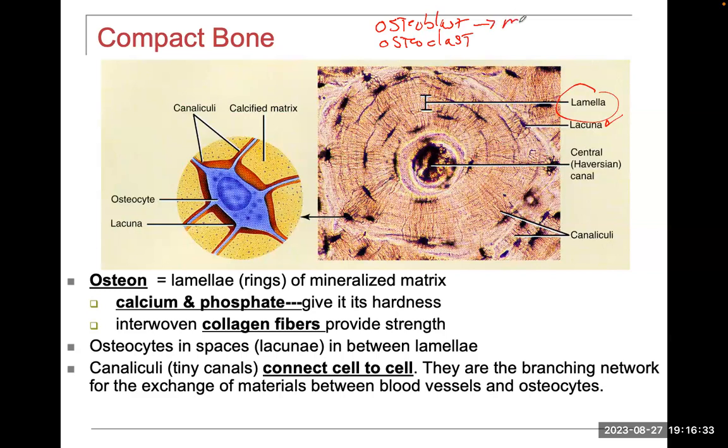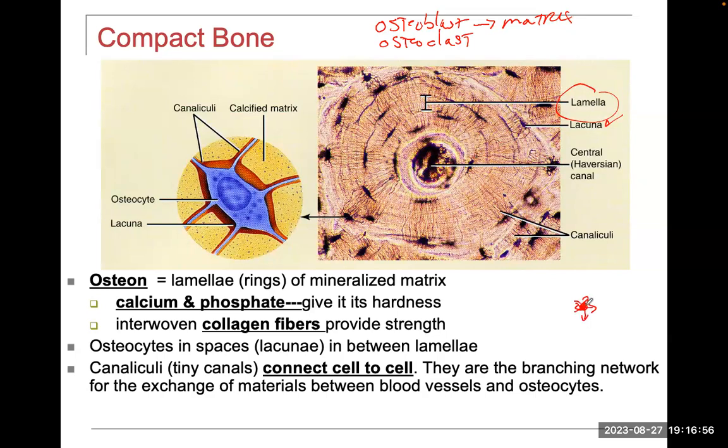Osteoblasts are going to produce matrix. They're going to produce the cement, the extracellular matrix. It's an immature cell that makes matrix. So when you have an osteoblast that makes matrix, let's say this is the osteoblast and it's producing matrix all around it,